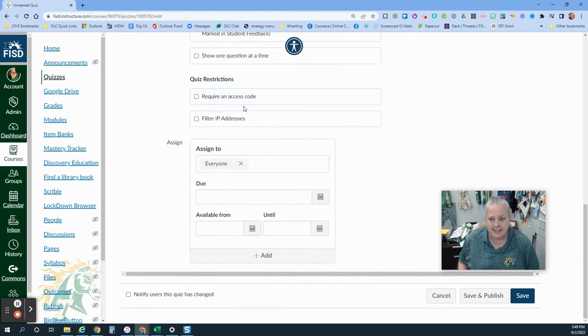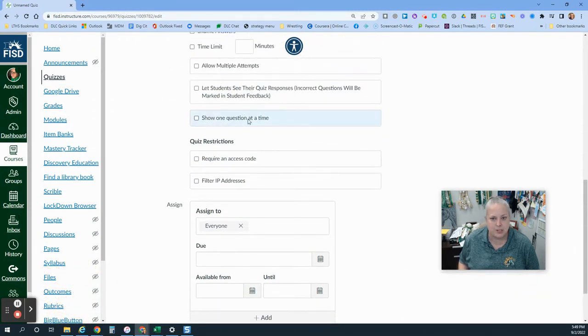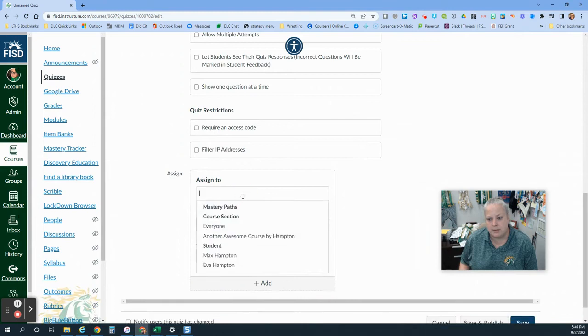You don't need to require an access code. You can show one question at a time, that's fine. You don't need to require an access code because we're going to be putting lockdown browser on this, and that does give you the option of an access code as well, so you might as well use that one. You can assign this to everyone if you would like because this is an accommodation, not a modification. But you can restrict it as well if you want to, just for the students who